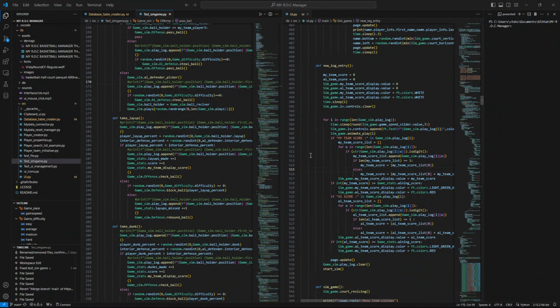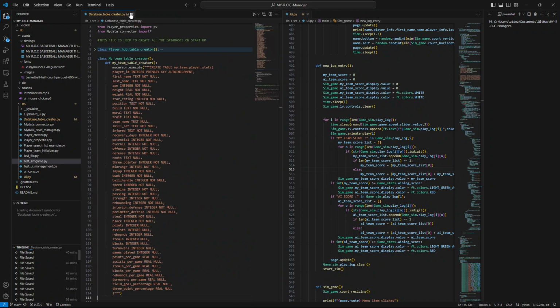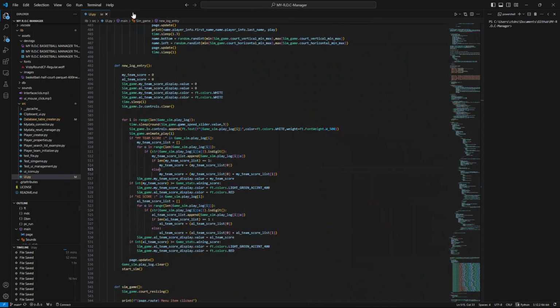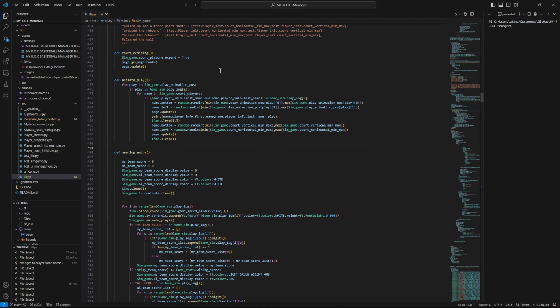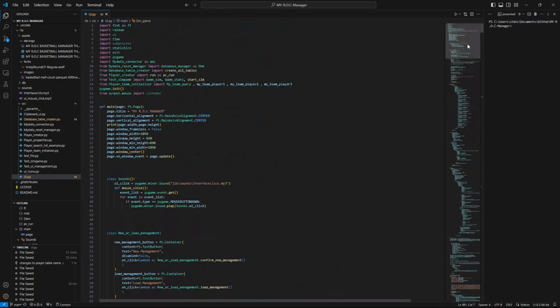Alright, so this is Devlog 4 of My R.O.C Basketball, and I have completed, not completed, but I've really gotten a lot done for the UI, or the user interface, to be able to have things that you can interact with and actually work with. And I'm gonna go ahead and run the file right now, and I'm gonna show you some of the code